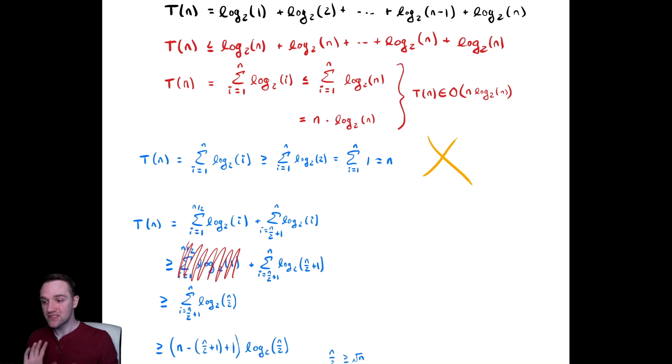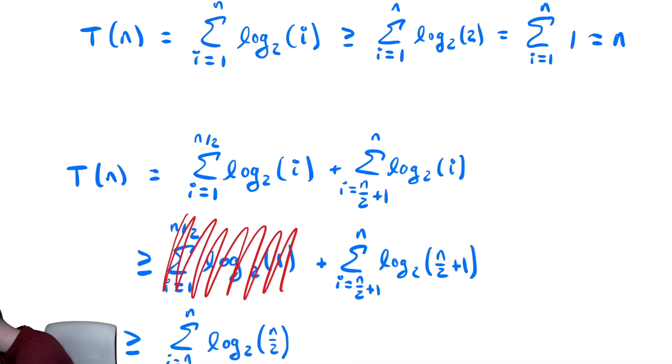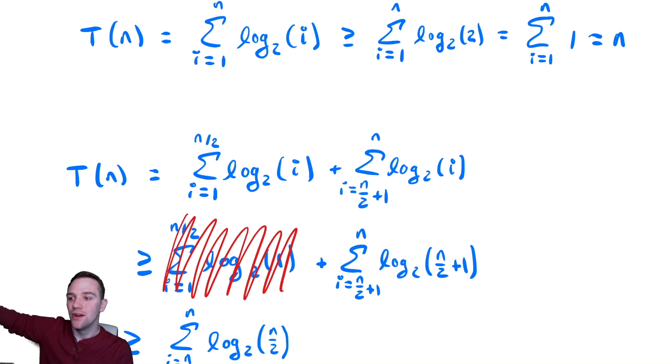So, while this may have seemed like, why on earth is he doing the following steps, the goal of trying to bound this below is to develop a technique that will work for a large swath of functions, and this technique will do that. Notice, the dividing by 2 here was arbitrary. You can split this anywhere between 1 and n, that is a fraction. I could have chosen n divided by 3. I could have chosen 3n divided by 4. I could have chosen n divided by 86. It does not matter. However, we choose n divided by 2 because it is a nice number,